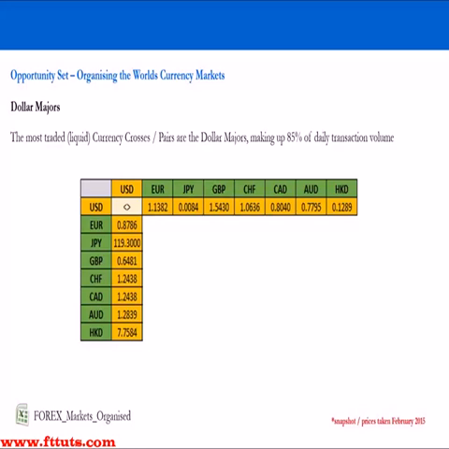And we're again falling into the trap here as retail traders. Again, we're falling into this trap of segmenting currencies by the size of the economy or the size of the transactions that occur. And we have to be very careful, because what really matters, obviously, is, as we've pointed out, the volatility of these currencies. So you can see, for example, in the table here, this is every currency that's quoted against the US dollar. These are known as the dollar majors.